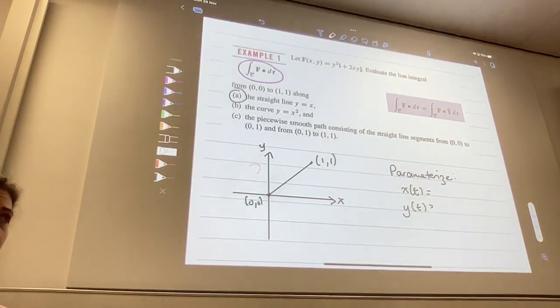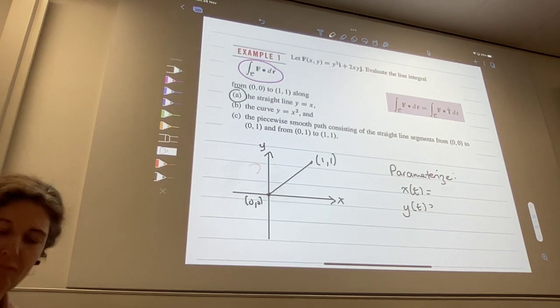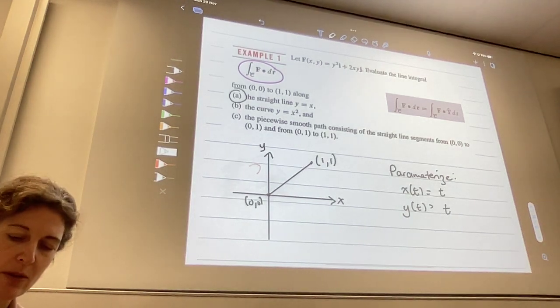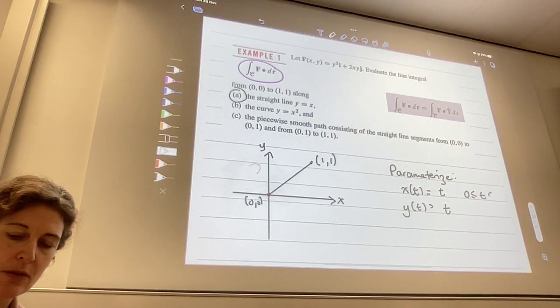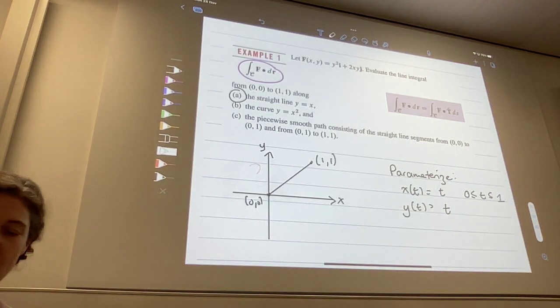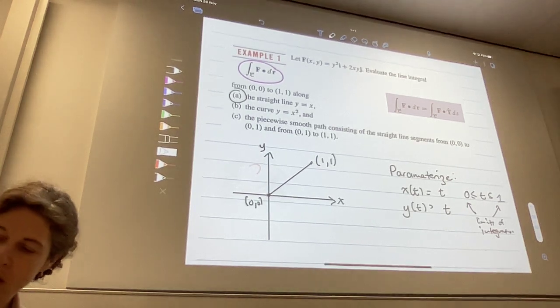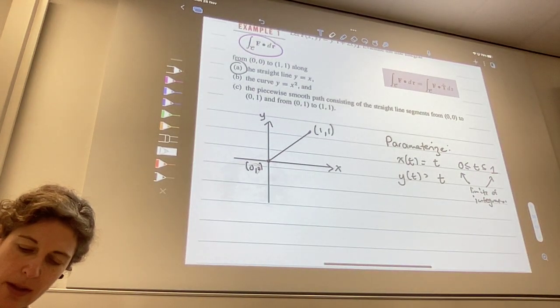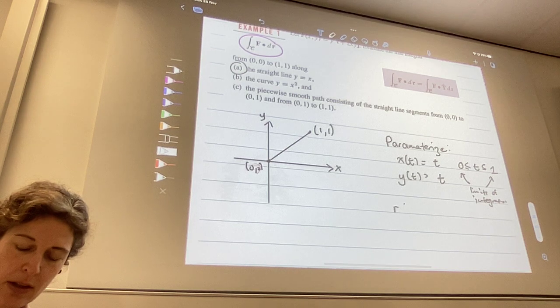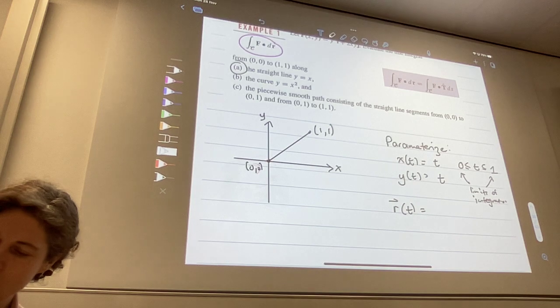Well, any suggestions? X equals t, y equals t. Let's just keep it super simple, and t goes from 0 to 1. Okay? So this tells me that my limits of integration will be 0 to 1. Okay, so then I know that my r of t is going to be equal to